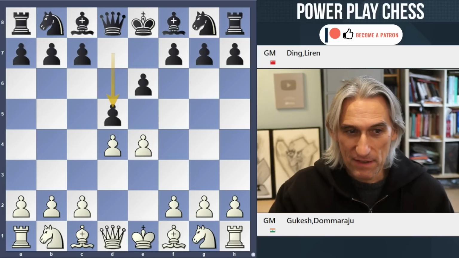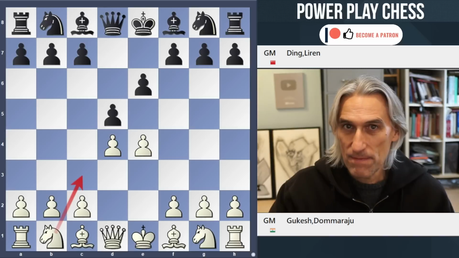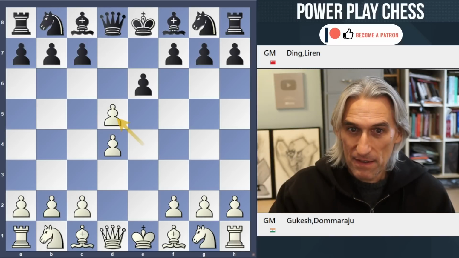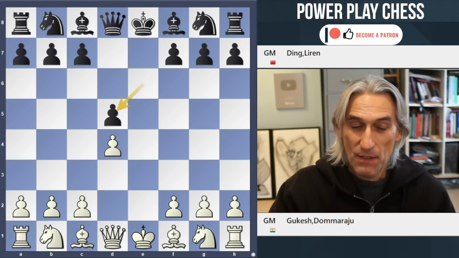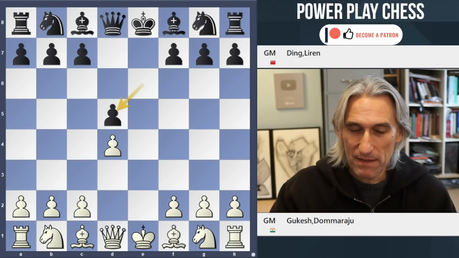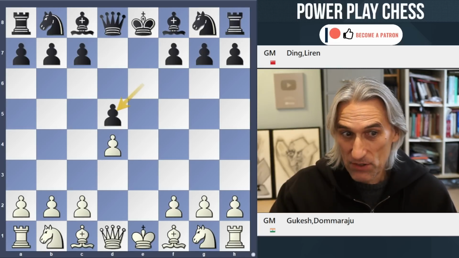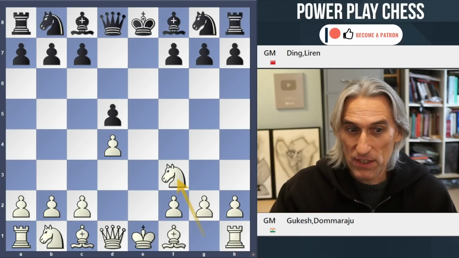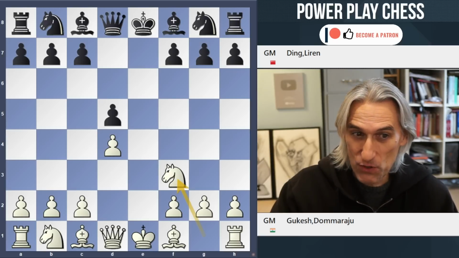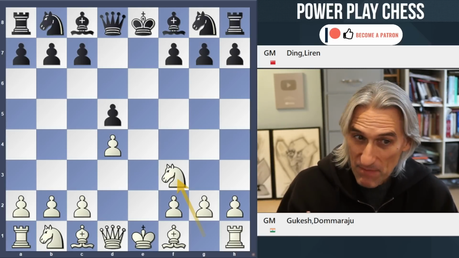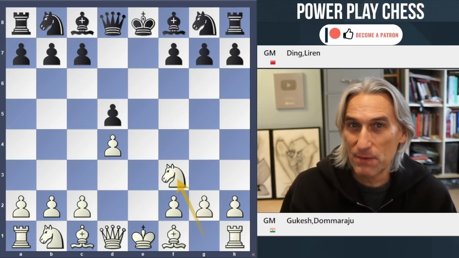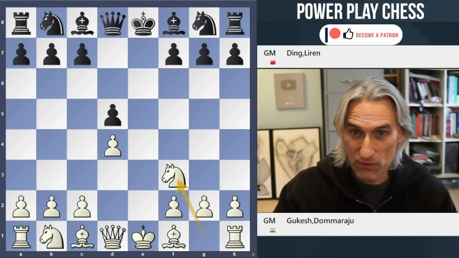So in the first game we saw knight c3. Today he played the exchange variation. Well, this is always thought to be quite a mild way of playing the opening. Of course, it's a symmetrical pawn structure and white has the extra move, so you could say slightly better for white. But proving an advantage from this opening can be difficult.